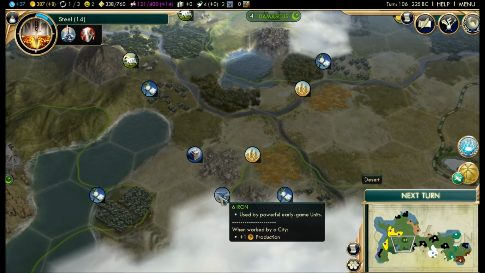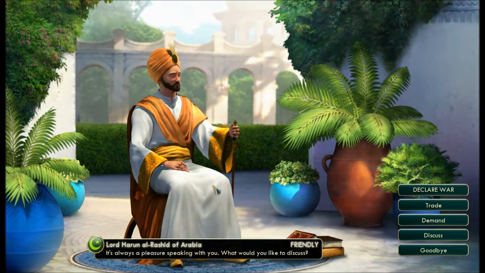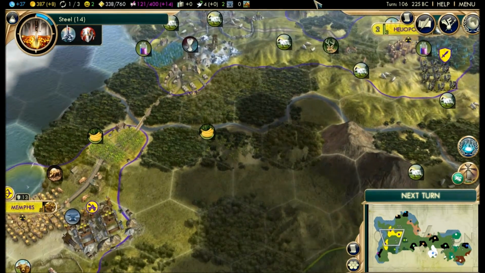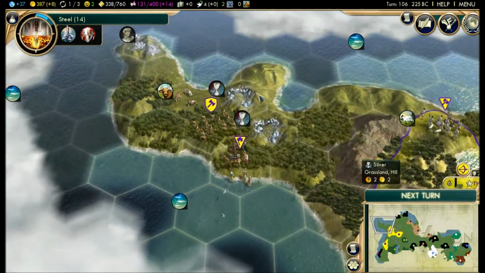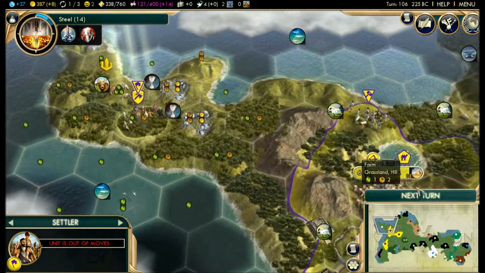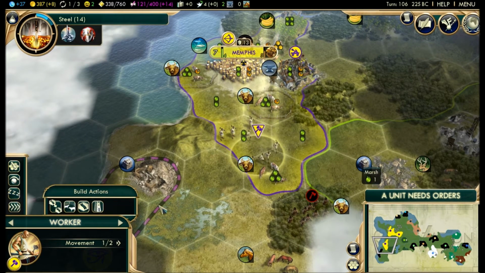Like I said, Arabia does have iron, yes, but as soon as I declare war on him, our deals are going to be canceled. So while he does have iron available to trade, it's not going to help me, because once I declare war on him, that iron disappears, and any units that require that iron are going to get a combat penalty, and we don't want that. So as you can see,